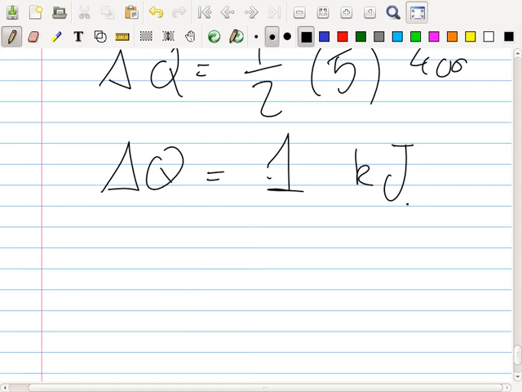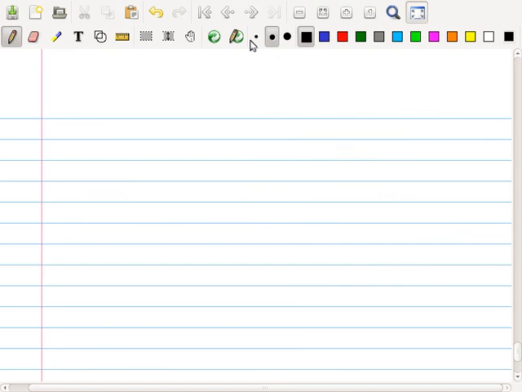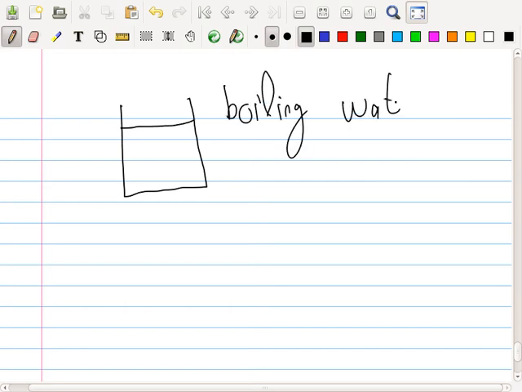Right, let's try and draw this. Now, you won't necessarily do it exactly like this in the lab, but just to give you an idea. Okay, so you have here your boiling water. And you have here your solid. This is the thing you want to measure the specific heat capacity for. So I'll just call it X.